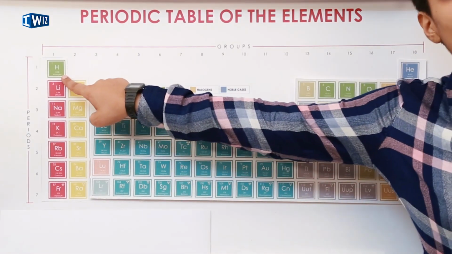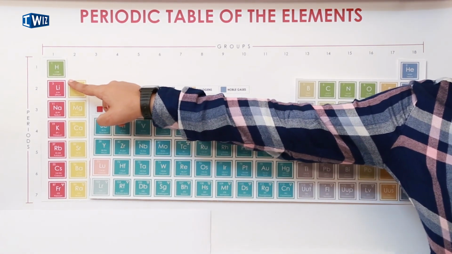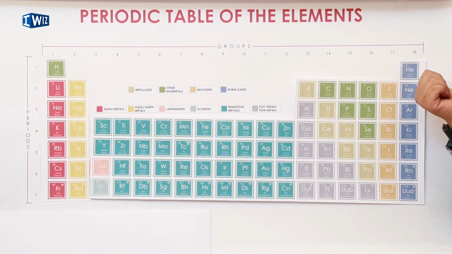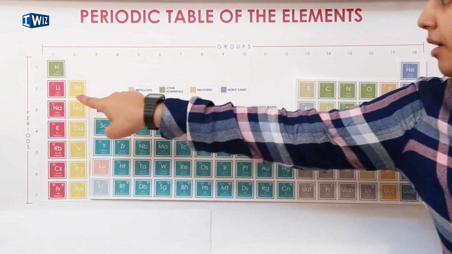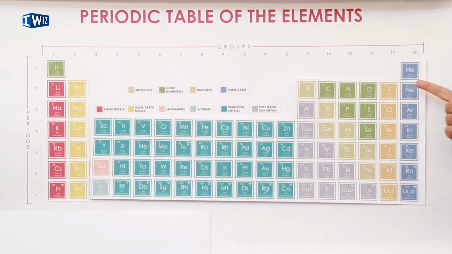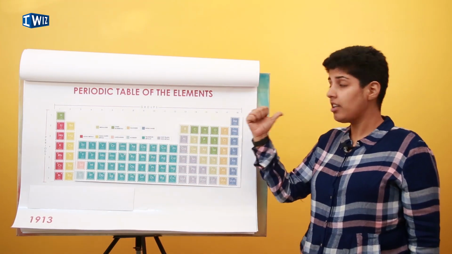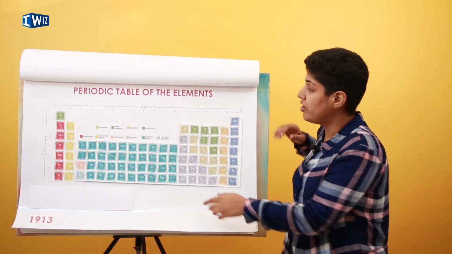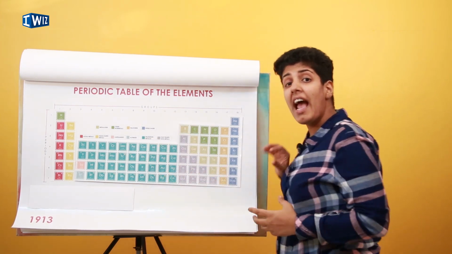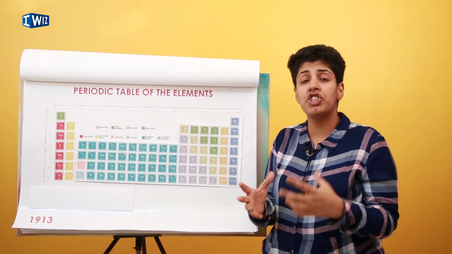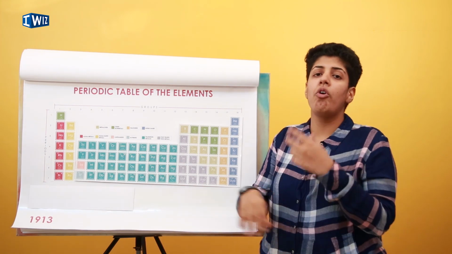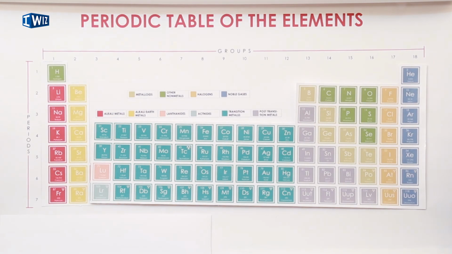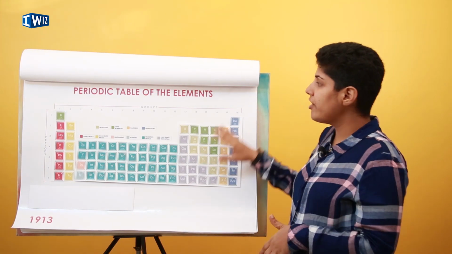So right here we have atomic number 1. Hydrogen has 1 electron, it has 1 proton. We have helium with atomic number 2, we have number 3, 4, 5, 6, 7, 8, 9, 10. As we go towards the right, we keep adding electrons. As we go down below, we add an entire shell. It's like adding a whole new bus for more of the electrons to be seated in. This was what Moseley did. It was one change, but everything fell into place now.